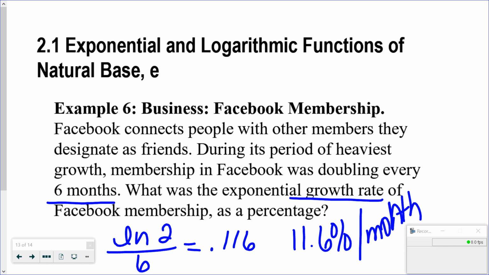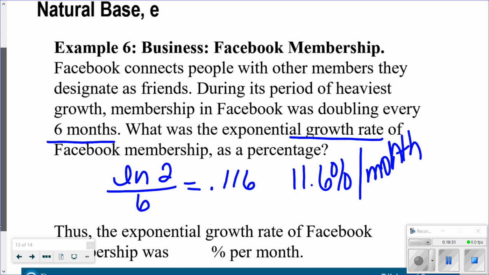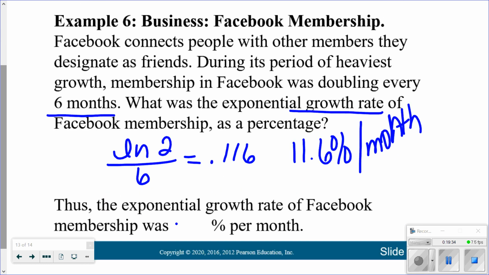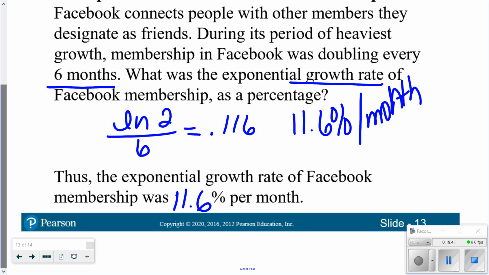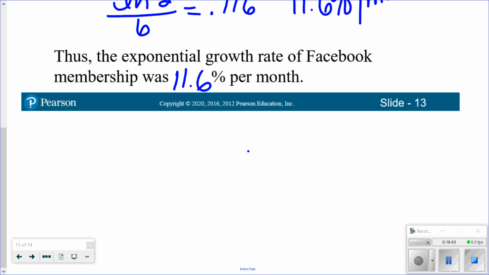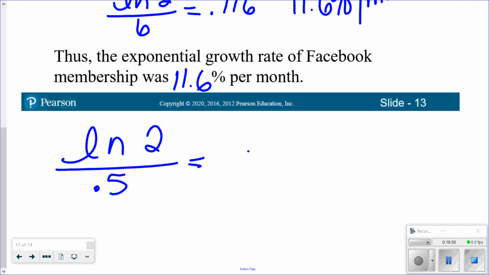Now, if you thought of 6 months as half a year, so instead you went this route, let's look at how that goes. So we had natural log of 2. Instead, we divided it by 0.5 because it was half a year. You would have gotten 1.386,